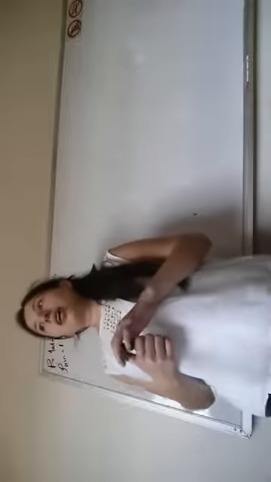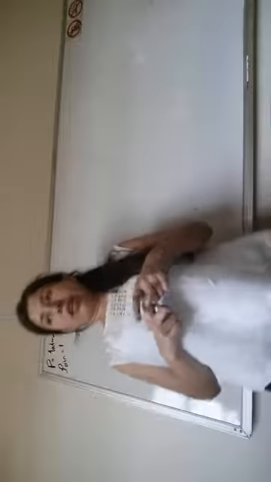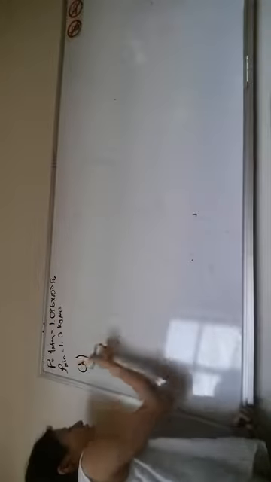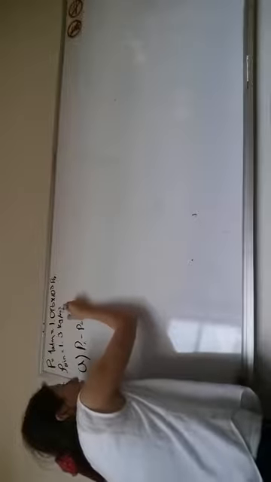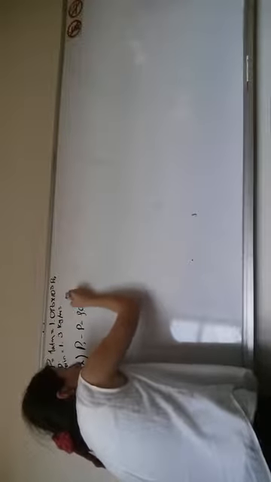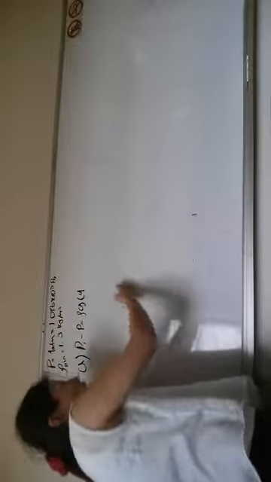The problem says: what would be the height of the atmosphere if the density were constant, and if the density were to change, decreasing constantly? First we are going to solve if the density were constant, that is the easiest one. So we have pressure 1 minus pressure 2, it's going to be equal to the density times the gravity times y2